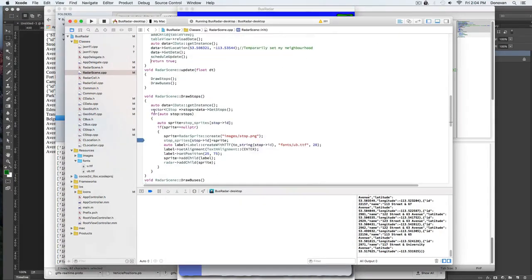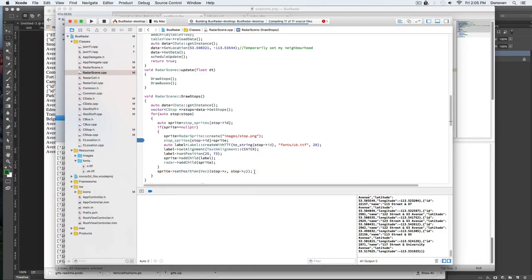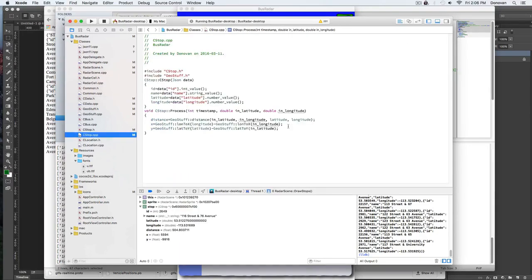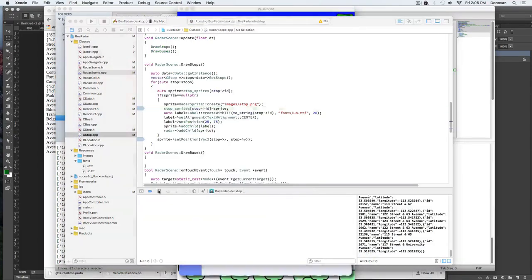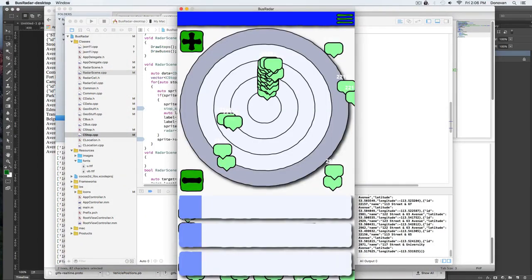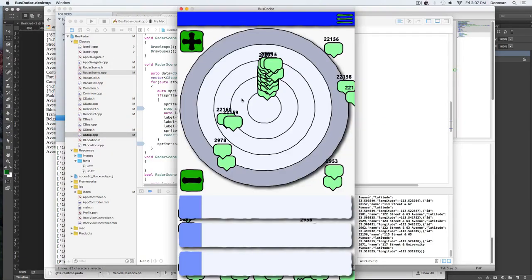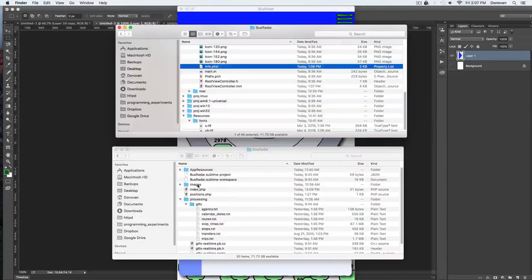And also, it would be good if we had the sprites actually moving around on the screen. So we set their positions. Now the lat to x function is making it thousands of pixels apart, and so there we go. We just divide it by 30, get that down to a size that is nice, change the color of the label to black so they're visible,